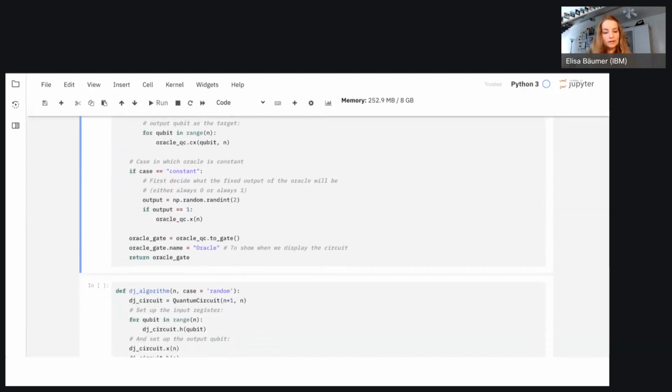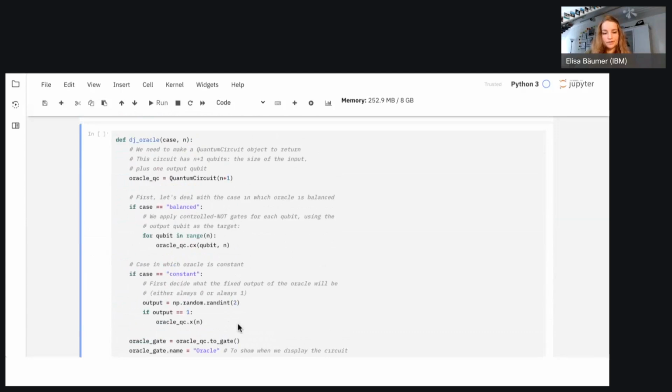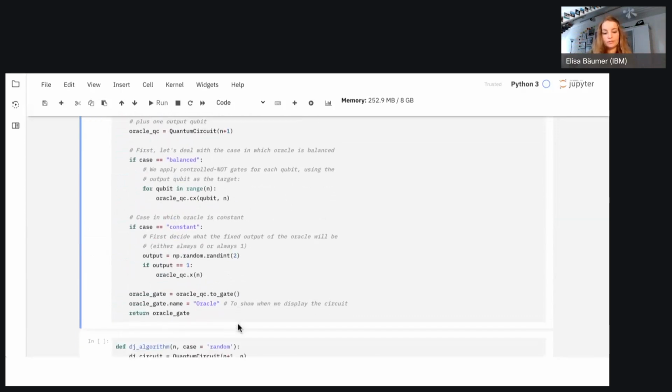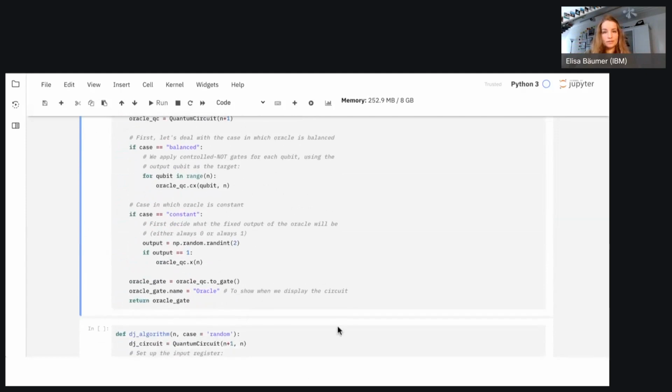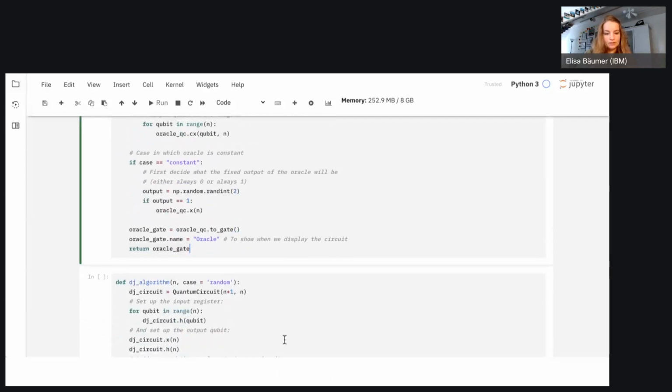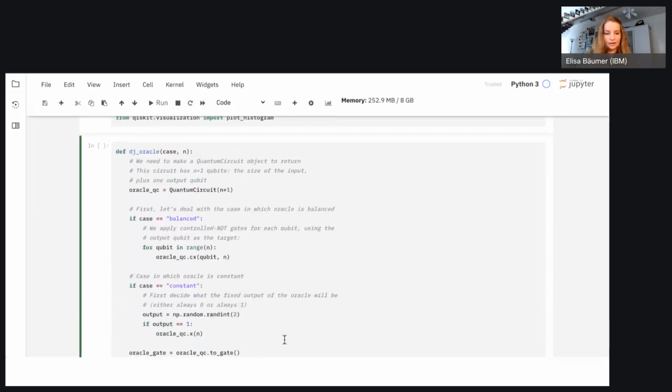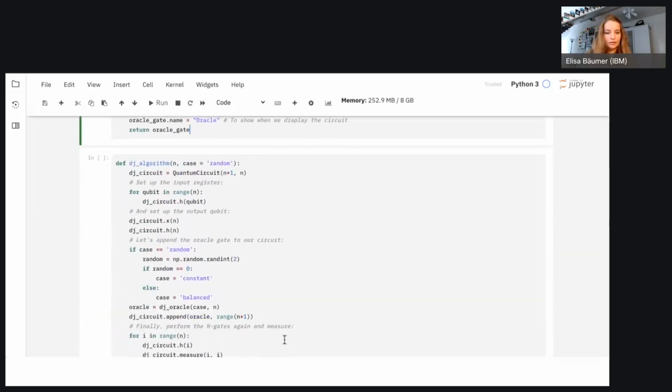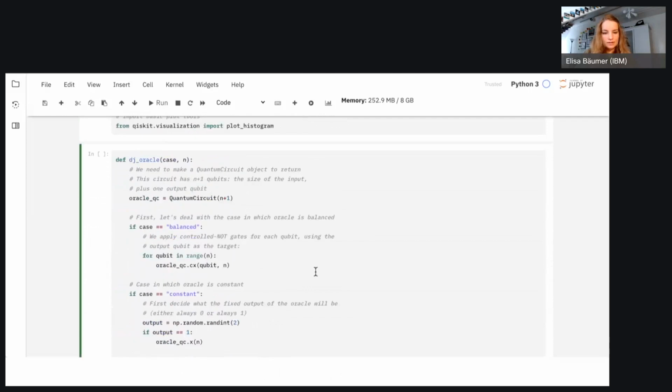But now it's a function and it's a big quantum circuit. Ideally we want it to be an oracle, so we don't want to see what's in there. We just want it to be one function. So we want to create a gate out of that. If I later display the quantum circuit, it should just appear as one big block that has the name oracle. It will be just a gate that I can call. And this oracle gate is what I return from my function. Let's run this line as well.